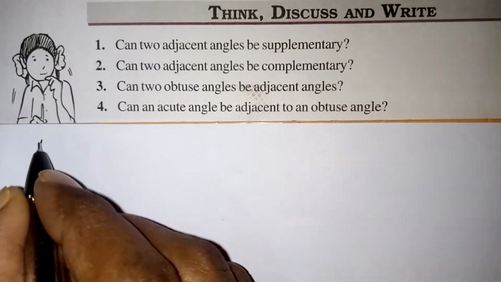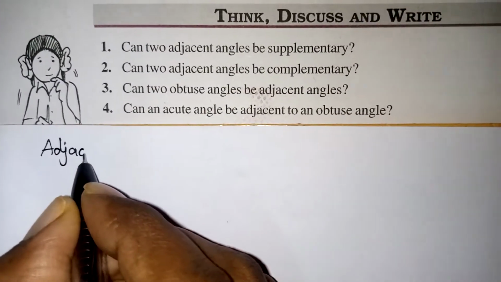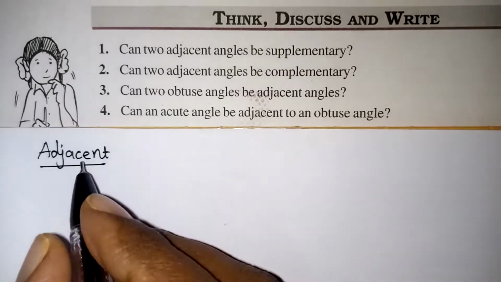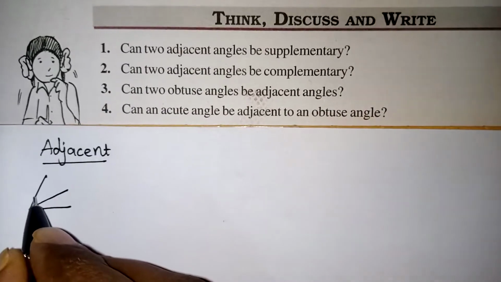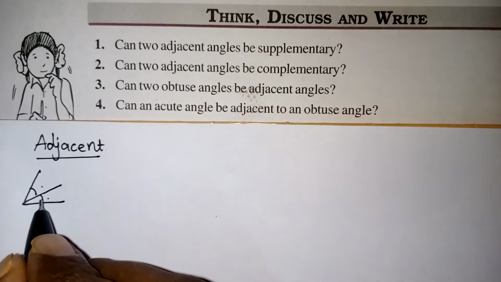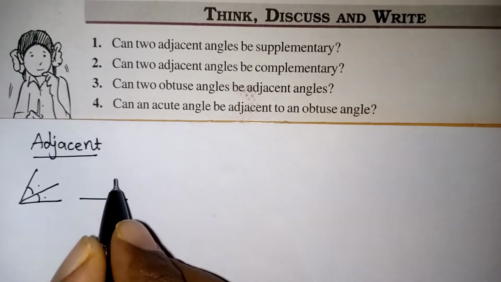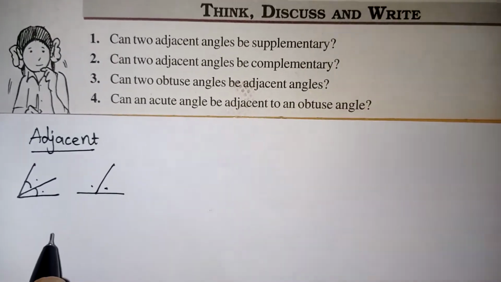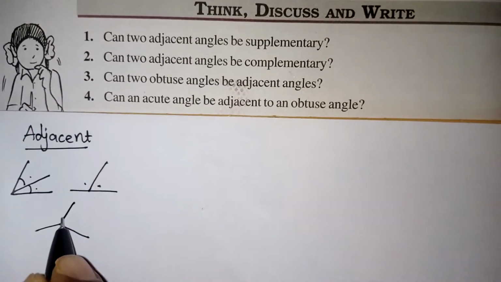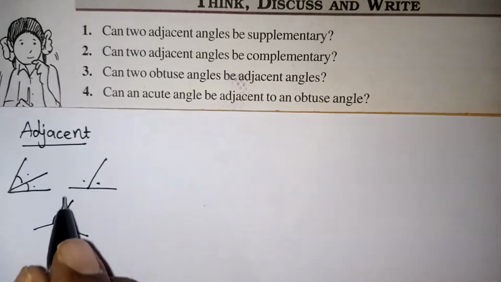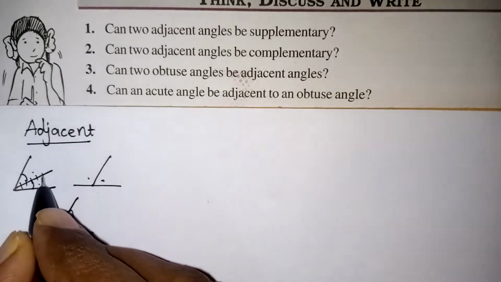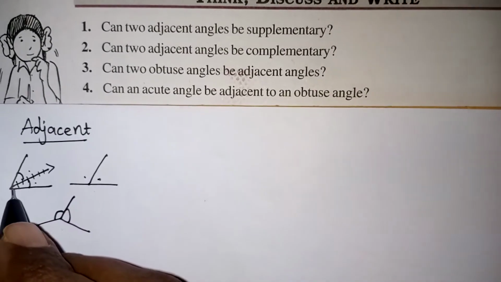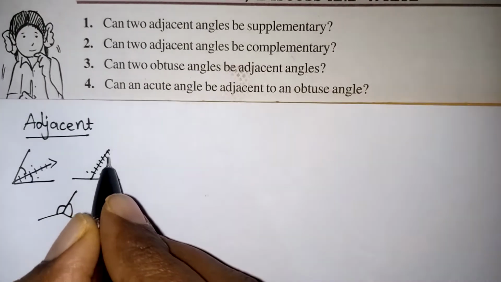So first we are going to learn what is meant by adjacent. Adjacent means two angles, they are having a common arm. For example, I am just drawing a diagram here like this. These two are adjacent angles. It's not only an acute one, it can be like this also. These two are all adjacent angles. Like this also it can be. So this angle and this angle also can be called an adjacent angle. So what does adjacent mean? They should be having a common arm. So this is a ray we are getting. It's an arm of the angle. So this is a common arm for these two angles. This is a common arm for these two angles.